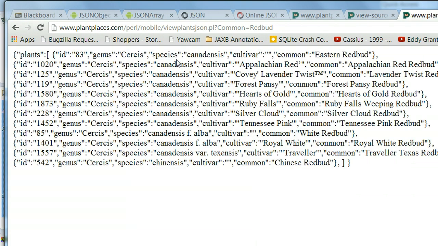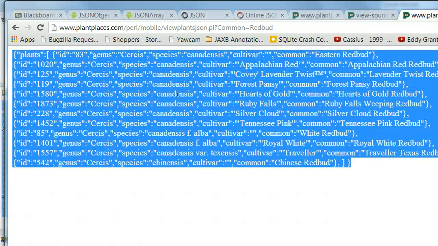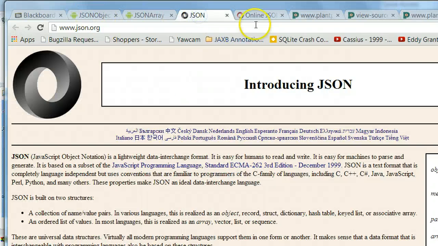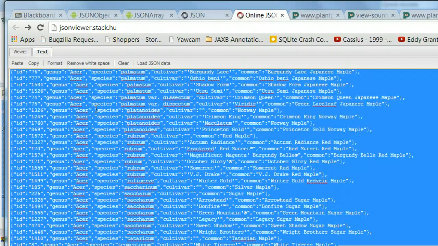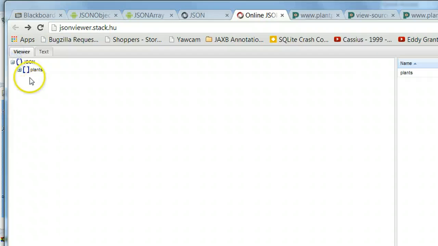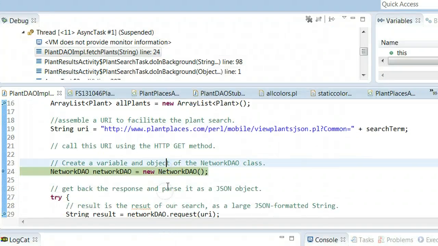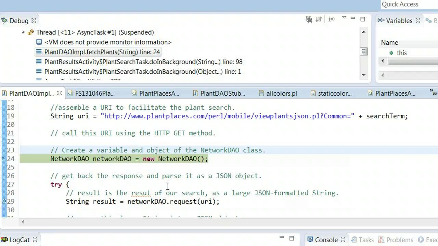We should get back JSON data, and there's the JSON data. If we want to inspect it, I'll copy it and put it into our parser viewer, and here we go. This is exactly what our application is about to get back. So I go back now, and I'm going to say, okay,